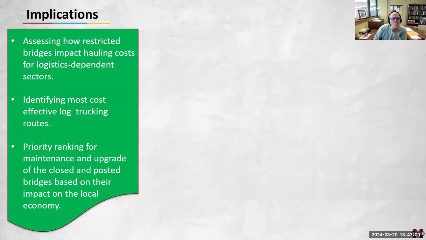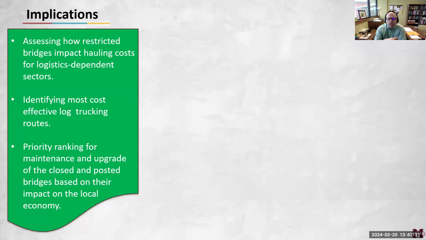So some implications. Number one, assessing how restricted bridges impact hauling costs for logistics-dependent sectors. It's kind of where we're at here, what we've described with this presentation today. Identifying the most cost-effective log trucking routes. Again,